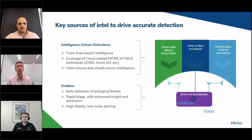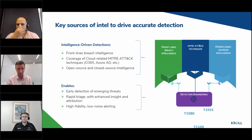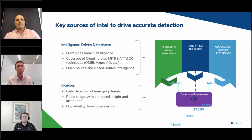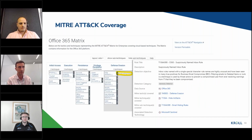A lot of the time people get frustrated with the initial implementation of products, feeling like they are too noisy, and it's really just a matter of continuous improvement over time. It's not a set-it-and-forget-it proposition. So just to give one example, we talk about where to get frontline breach intelligence. One thing we've seen a lot is that we do quite a few business email compromise investigations. On our next slide, we show that within the MITRE ATT&CK framework, as I mentioned,